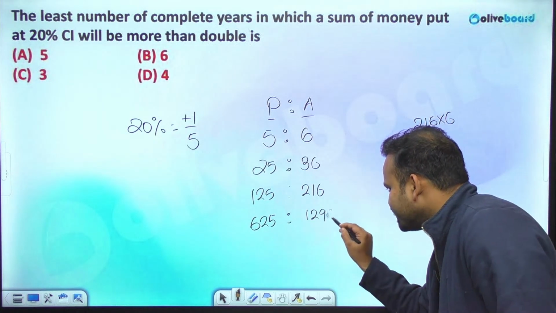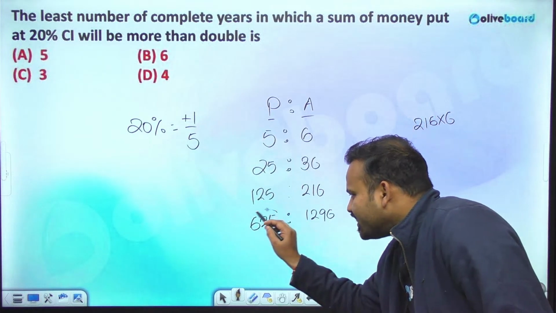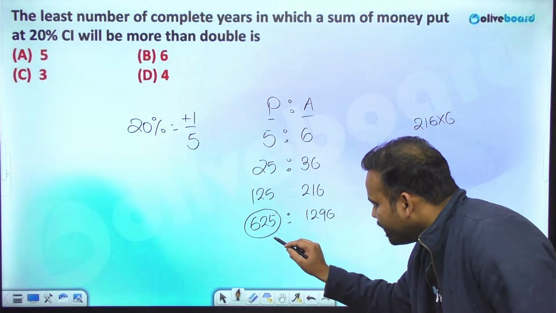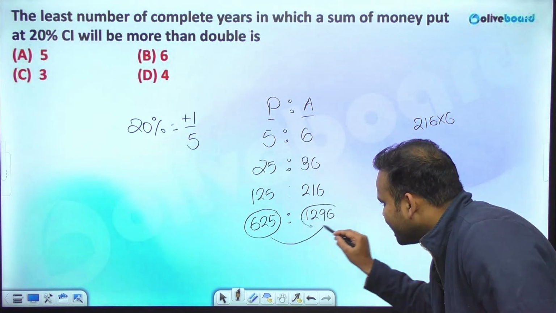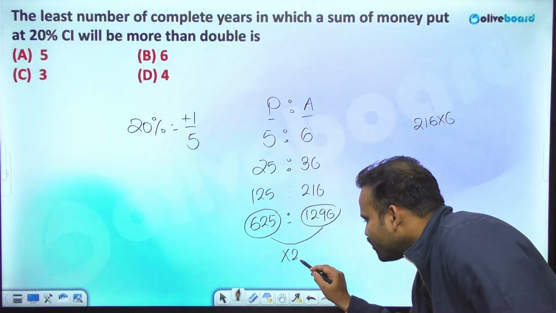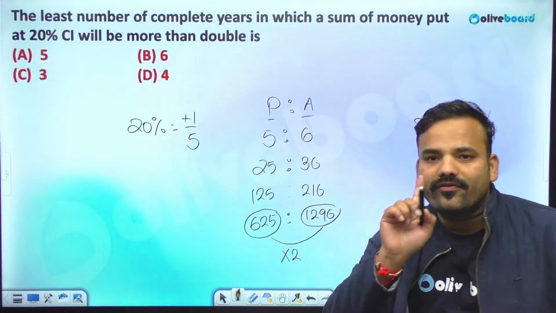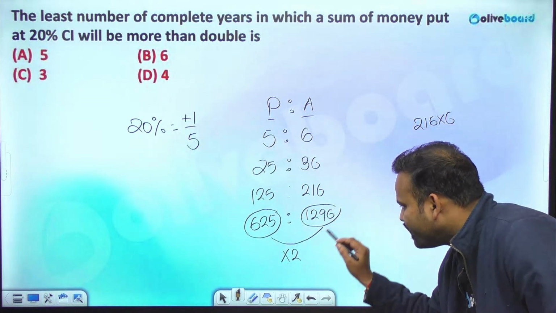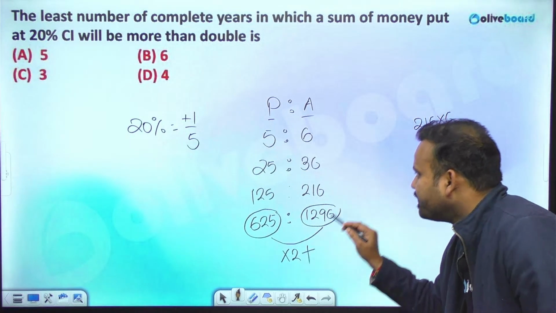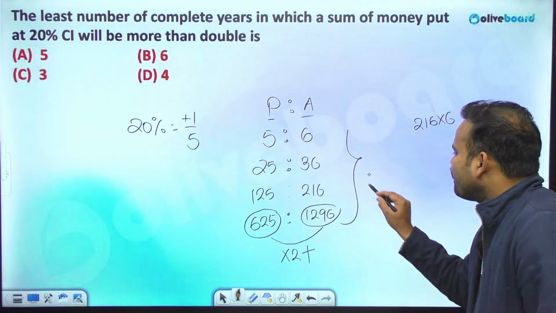1296. Just look at this. You deposited a sum of rupees 625 which becomes 1296. Double of 625 is what? Double of 625 is 1250. So it is exceeding 1250. That means on a tenure of 4 years,